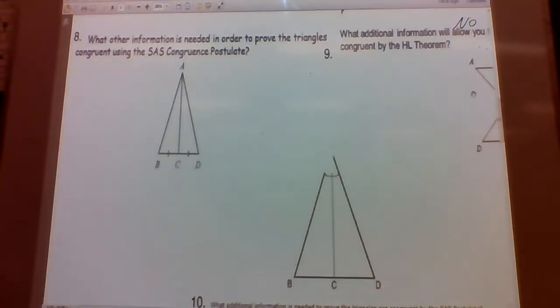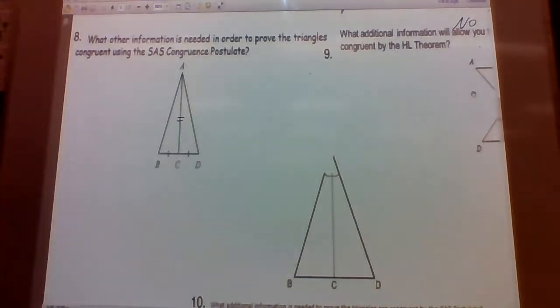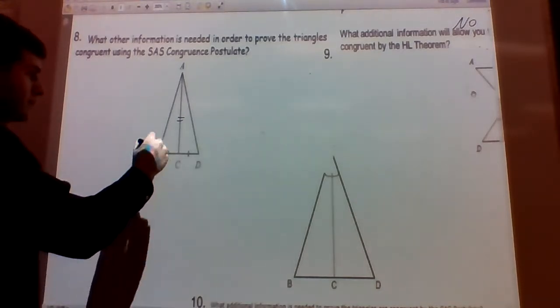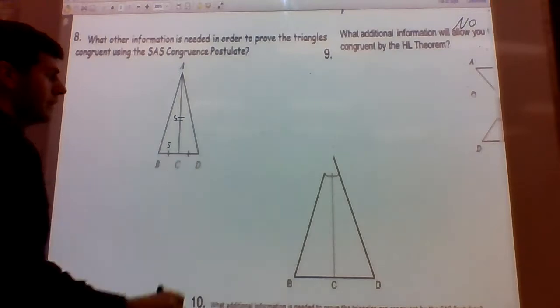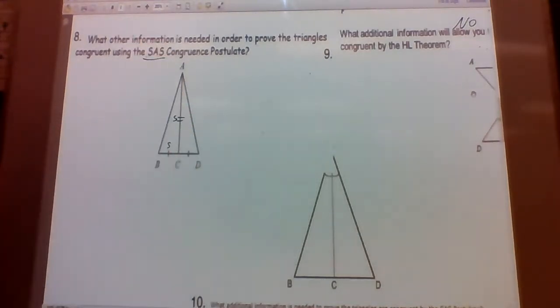Number 8, we have reflexive. So we know these AC is congruent to AC by the reflexive property. So we have side so far. We need an angle. Again, we're looking at side angle side. They want us to see what additional information we need to use side angle side. So we need the included angle,